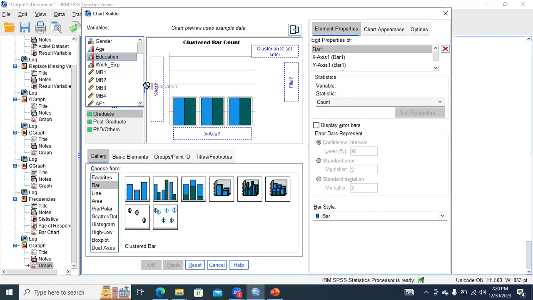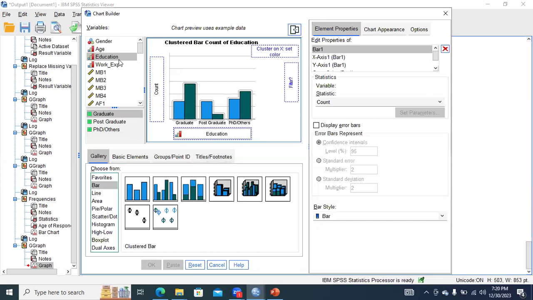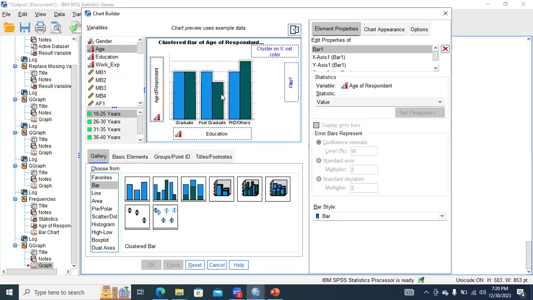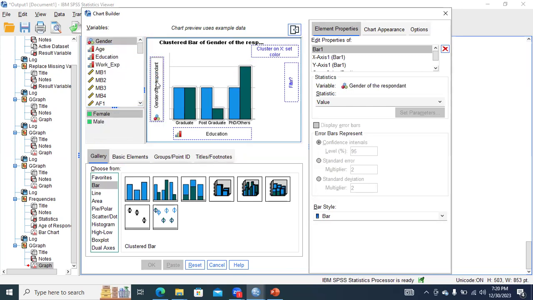So let's take education on the X axis, and let's take the age on Y. All right. So it will look like this, but it is basically showing the count data. If we include the gender in it,